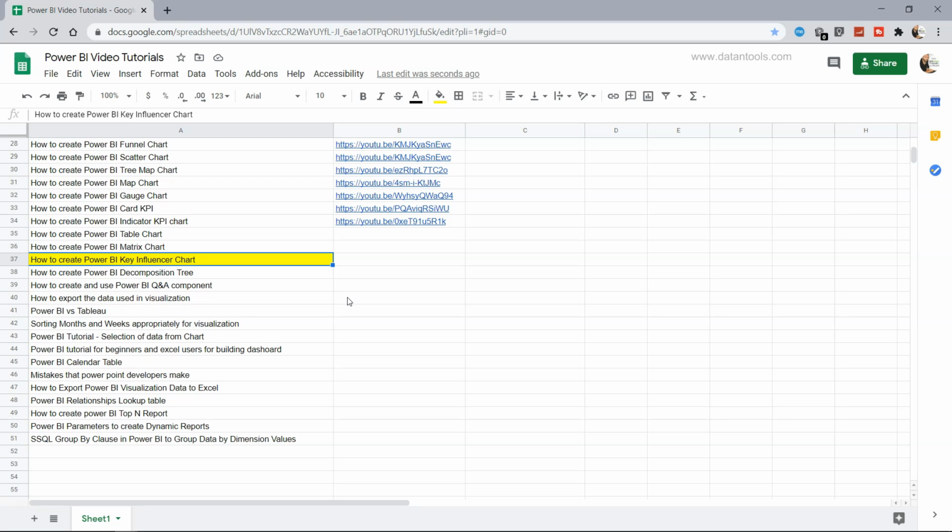Hello there and welcome to the new Power BI tutorial, and in this tutorial I will show you how you can create the Power BI key influencer chart. So key influencer chart, as the name suggests, highlights the dimension values which are influencing the metric a lot. For example, which product is influencing the sales or the profit or things like those. So if that is the requirement we have, we can use the pre-configured key influencer chart and get the